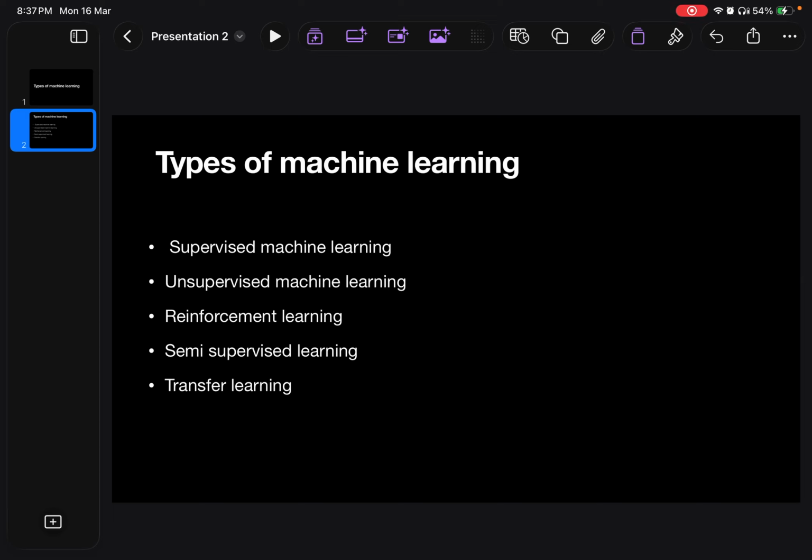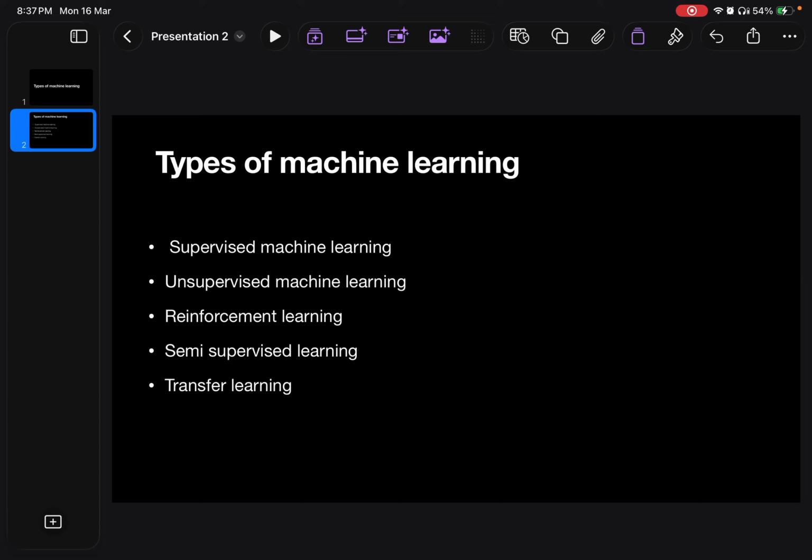And the fourth one is semi-supervised learning. Again, from the name itself you can understand that it contains both labeled data, with input and output, and some data may not contain the output for the respective input. That's why it's called semi-supervised. The model will learn from the supervised data first and use that knowledge to segregate the other non-labeled data.